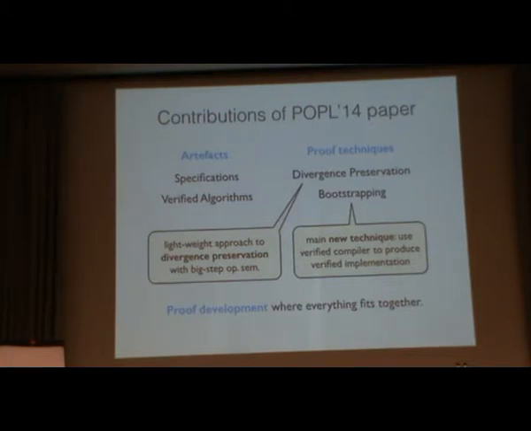These are techniques, but maybe the most interesting long-term part is the proof development where everything fits together. A lot of research into ML and similar languages tries to target one thing, like something about the type system or the module system. But here we really try to get everything in one, and then we have to make decisions about how to design the semantics so that it fits all purposes and makes all proofs convenient, or convenient enough to carry through. So that's one of the big contributions, I think.